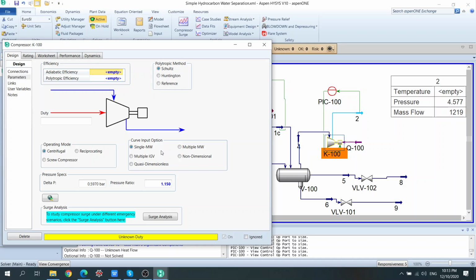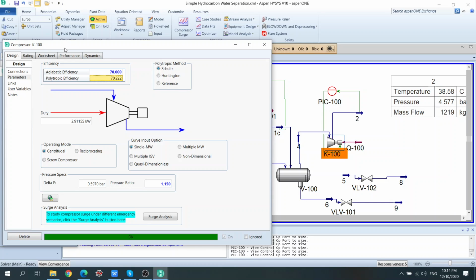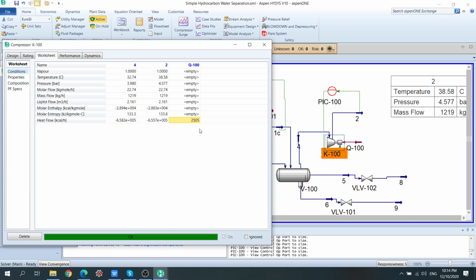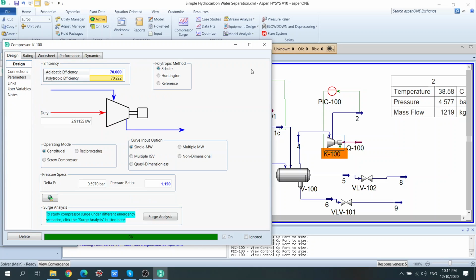Efficiency is like, I don't know, 0.7. Oh, 70. Must have 70. And then this is the kilocalorie per hour. In this case,